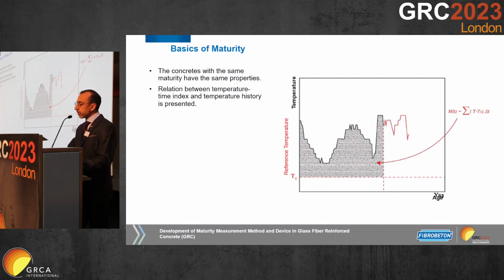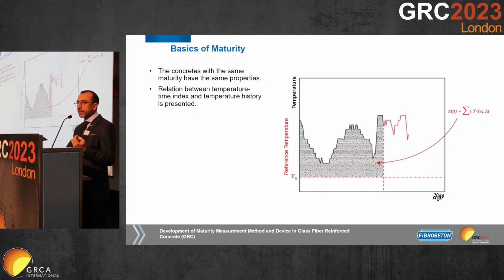The maturity degree of concrete is defined as keeping secondary factors constant and accepting time and temperature, as you may see on this graph, the below side of this maturity phenomenon, as the only variables. Concretes with the same maturity have the same properties. Therefore, by measuring the time and temperature profile of the GRC composition, we can guess the compressive and flexural values of that mix. Studies on maturity have been conducted since the beginning of concrete production,